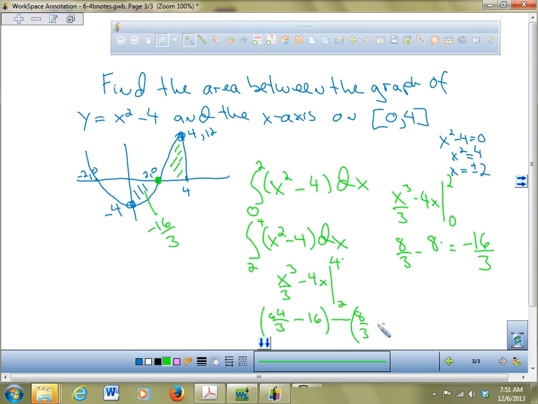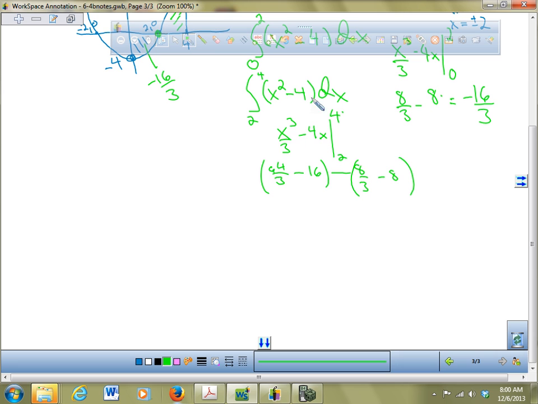8/3 minus 8. Oh, what did I do? Where's the 8/3? Oh, never mind. 8/3. Now I'm plugging in 2, right? Plugging in 2, and I have to subtract those two quantities. And so if I do that, that's 64/3. How many thirds is this? 48/3. So 64 minus 48 makes